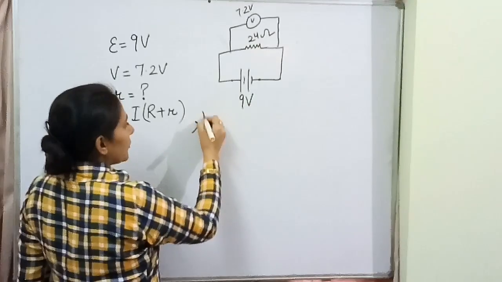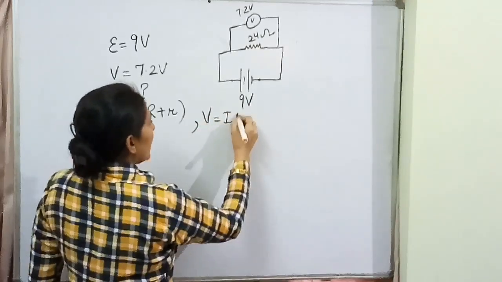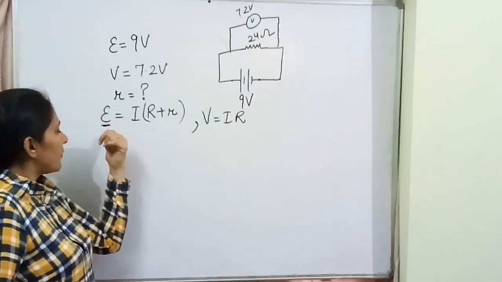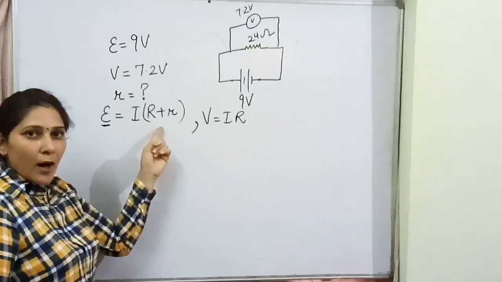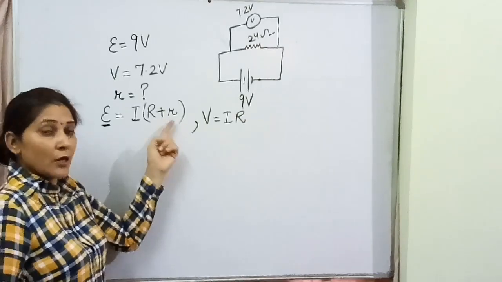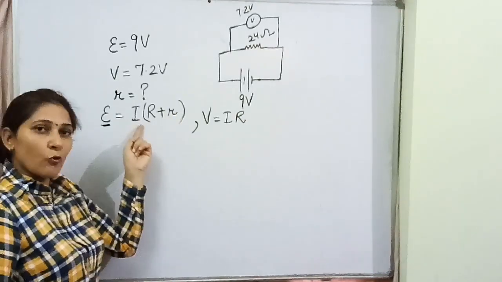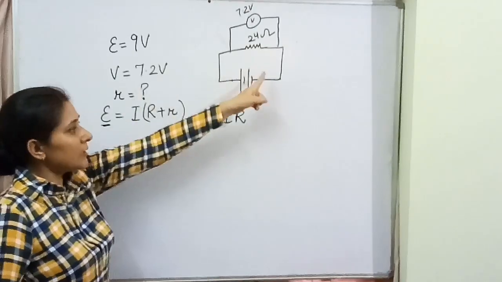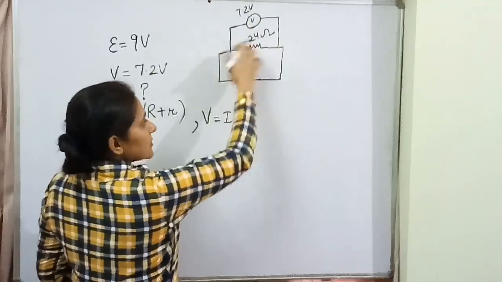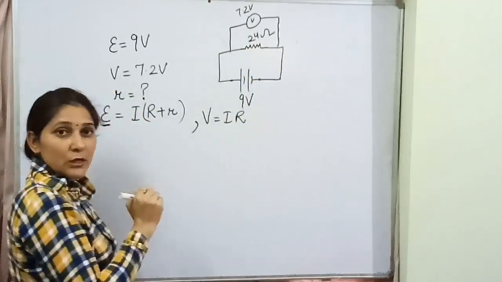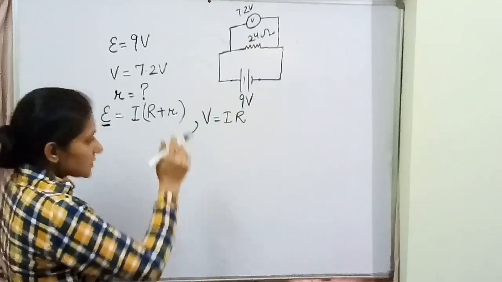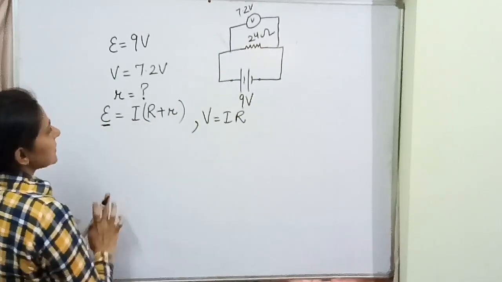Okay, when we are talking about potential difference, we are talking about V is equal to IR according to Ohm's law. बेटा ये बात आपको हमेशा याद रखना है, when we are talking about EMF, E is equal to I into R. ये सही है, but यहाँ पर जो R है वो आपका internal resistance भी include होता है. उसके basis पर हम decide करते हैं कि ये इतना current flow करवा पाएगा. ठीक है, when we are using V, तब हम सिर्फ outer circuit की बात करते हैं, that is V is equal to IR, सिर्फ बाहर वाला R इसमें include है. Got it?